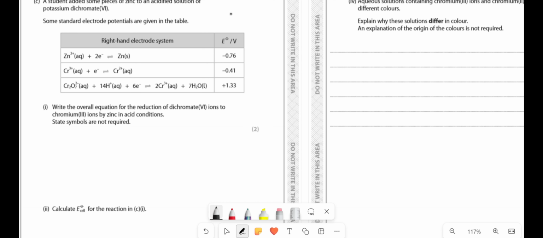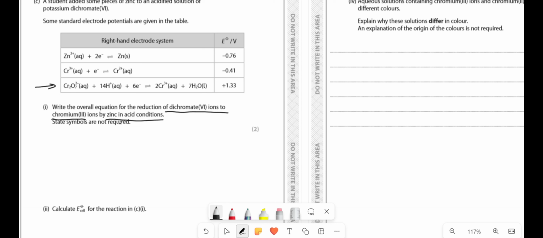A student added some pieces of zinc to acidified solution of potassium dichromate, and some standard electrode potentials are shown. Write the overall equation for the reduction of dichromate ions to chromium by zinc in acid conditions. State symbols are not required. So again, don't dive into it being like, oh my god, it must be oxidation reduction, this, blah, blah, blah. Based on the EMF, it tells you in the question which way to go. So it's saying reduction of dichromate into chromium 3. So this one is going